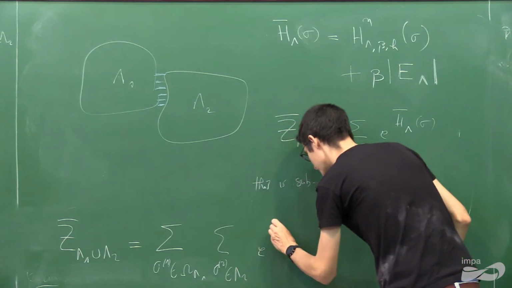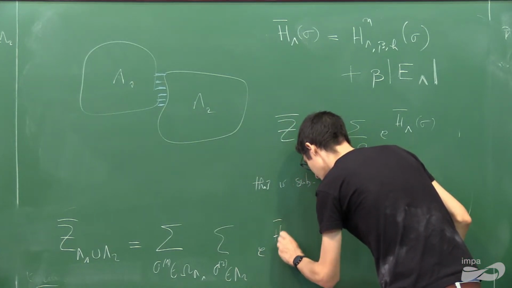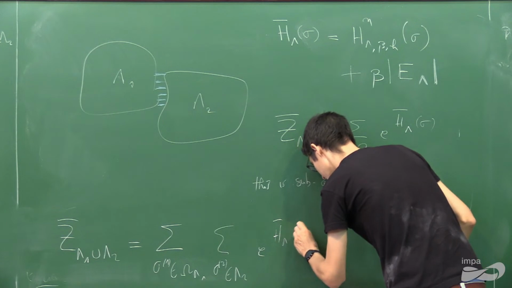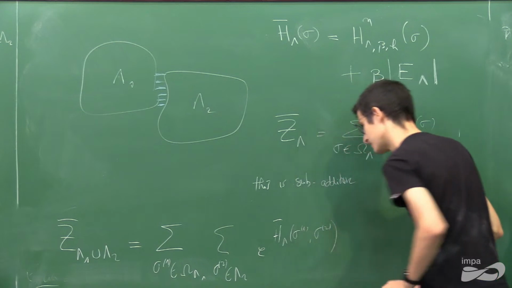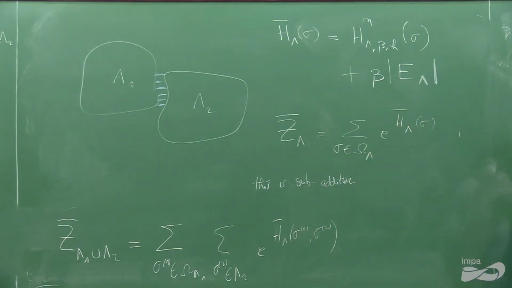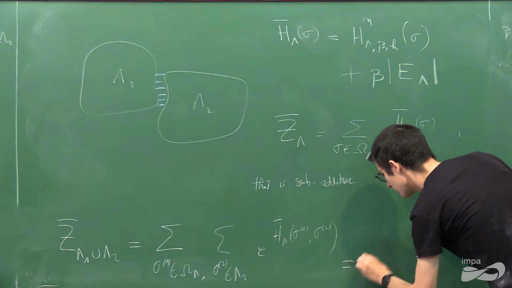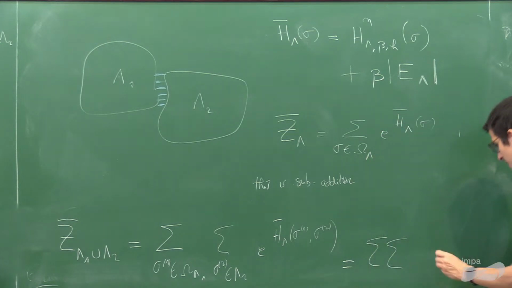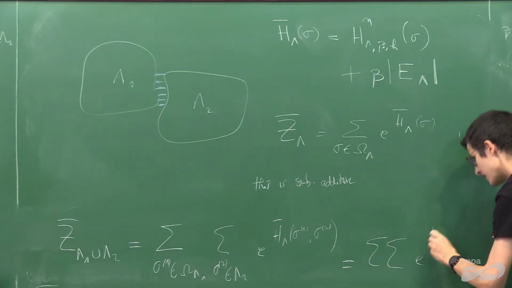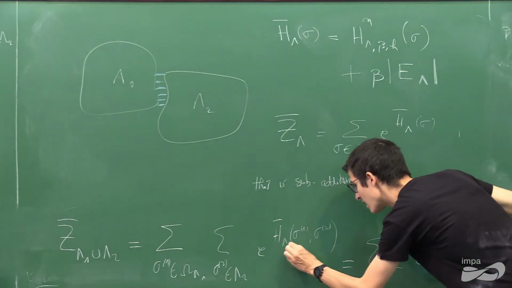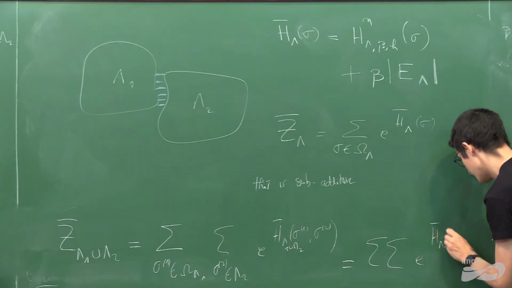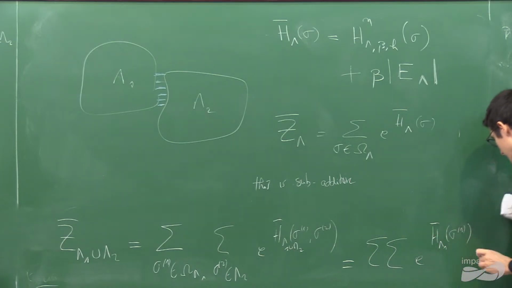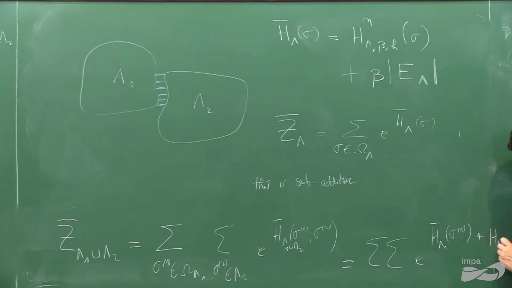Then I get exponential h lambda sigma 1 sigma 2. Okay, so this is equal to this double sum, and then I have exponential h lambda 1 sigma 1 plus h lambda 2 sigma 2